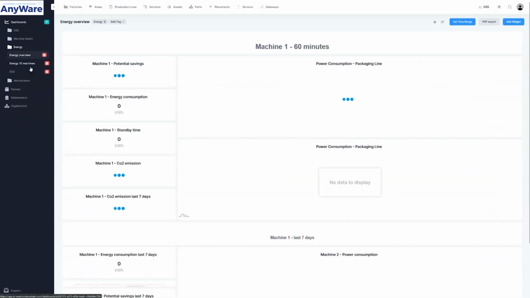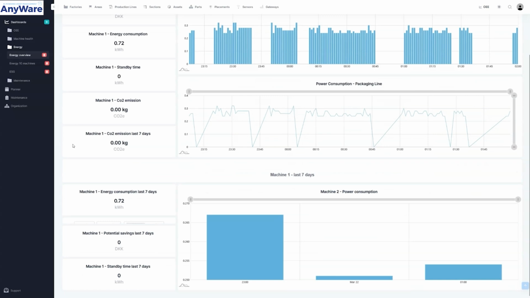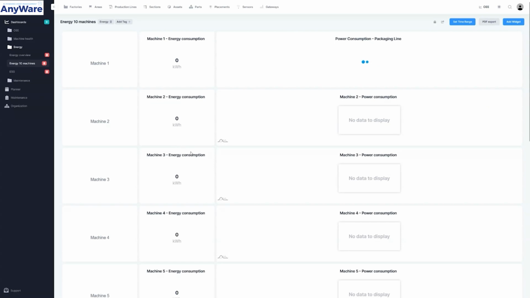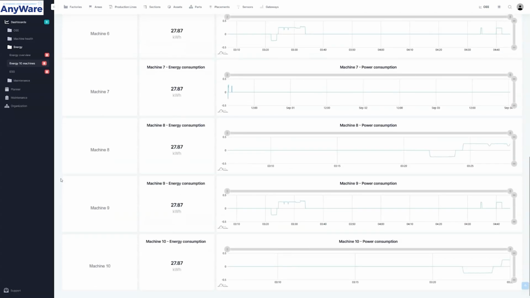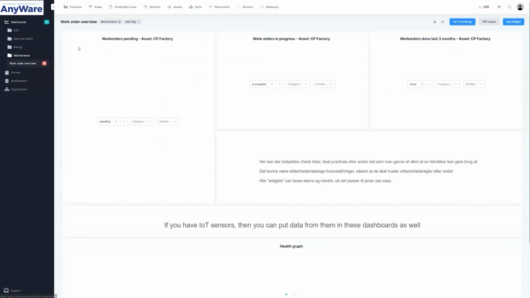Our energy monitoring setup is the key to sustainable manufacturing. Monitor power consumption and CO2 emissions in real time, identifying opportunities to reduce your carbon footprint and save on cost. Lastly, we have maintenance, work order overview,